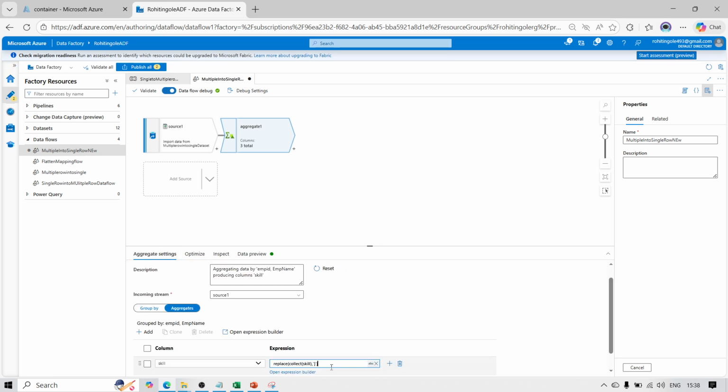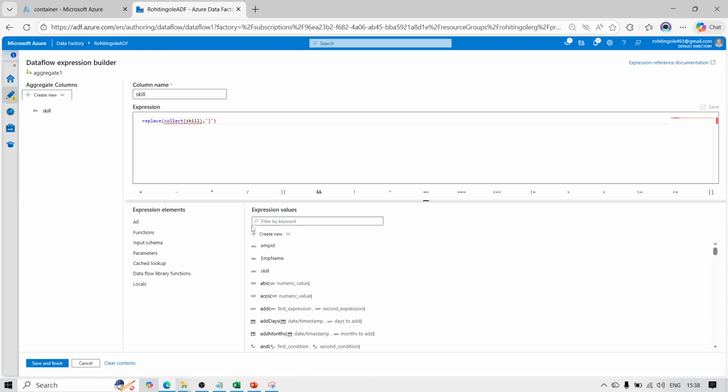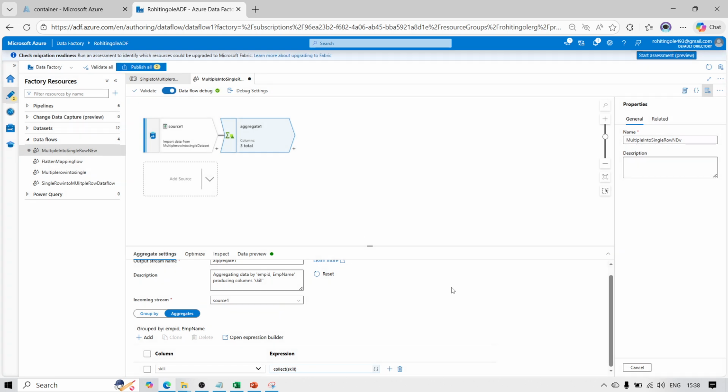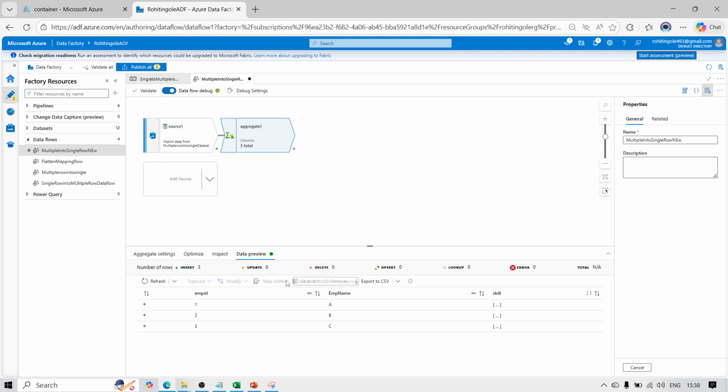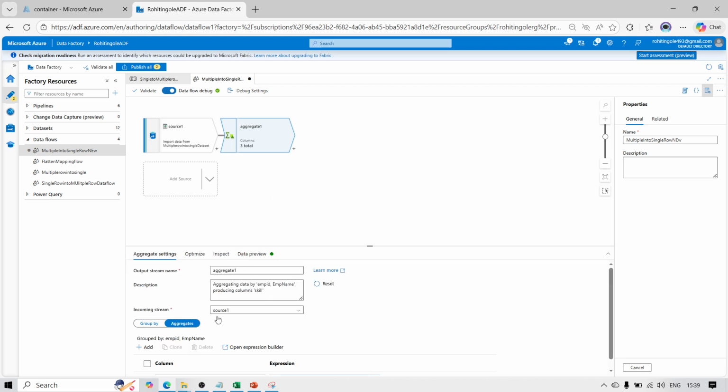Let's see once again. It's showing type mismatch. So basically the skill data type is correct. For this one, the data type is array, right? And let's see, if I go to the aggregate once again,